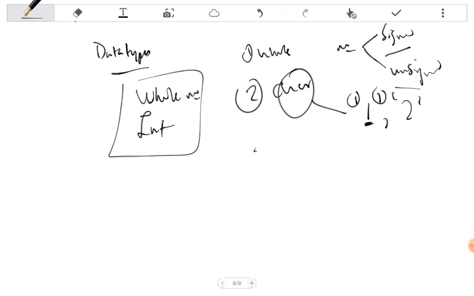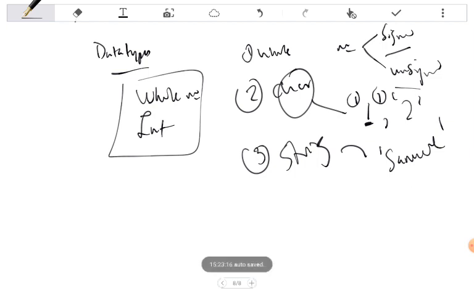Okay, so now what is a string? A string is just an array of characters. So if for instance I want to represent an alphabet, a particular symbol, just one symbol, that's a character. But by the time I pull different characters together, now I'm having an array of characters. That is a string. Okay, and so a string will be, for instance, your name. Is that understood? A string will be your name.